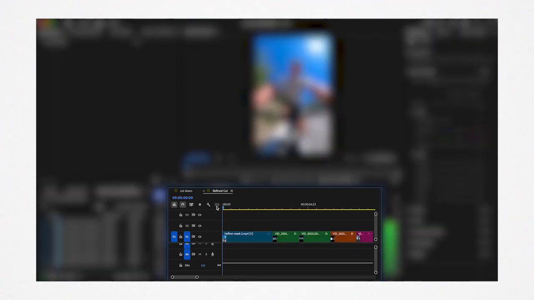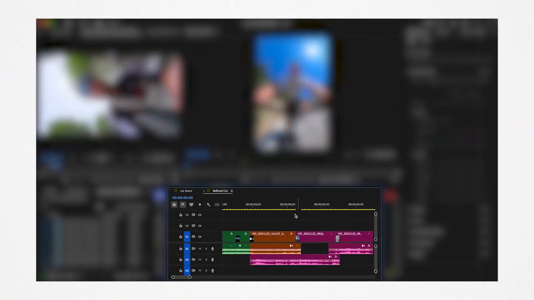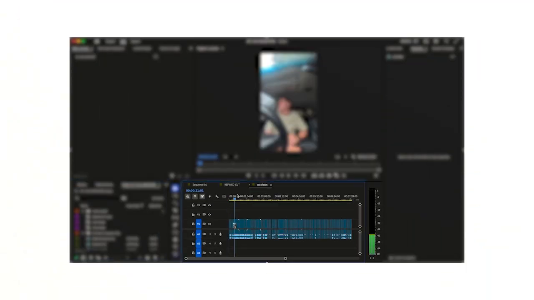So at this point, I'll begin to take some notes before I head into the refined cut. I essentially copy and paste that full cut down onto a new sequence, refined cut, and this is where you go aggressive. Cut, cut, cut, cut, cut. You start to find the pacing of the video, break it into segments that highlight different themes, emotions, shape the story properly. So basically, you have your 2 sequences, and the full cut down acts as your insurance policy,